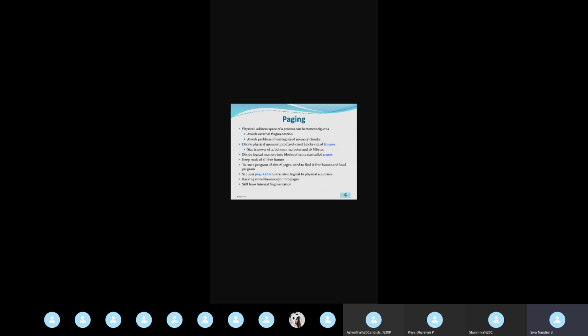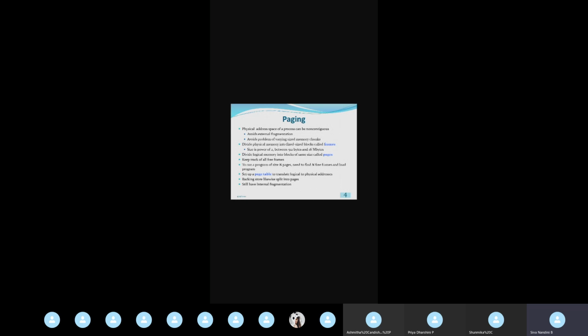For example, one broken piece of memory can be of 20K. So in that 20K, 2 pages can be allocated: page 1 of 10 kilobyte and page 2 of 10 kilobyte. In some other broken piece in the main memory, we may have 30 KB. So in that 30 KB, 3 pages may be allocated. Likewise, these broken pieces won't be of uniform size. One will be 20 KB, another will be 30 KB. So that broken pieces may be allocated with different pages.